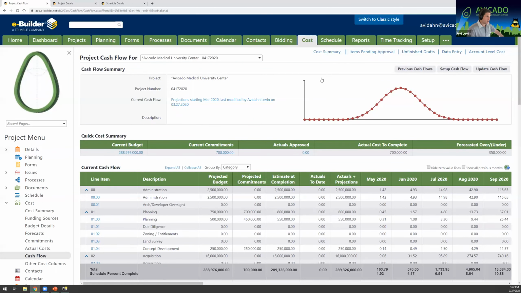You'll notice this, the curve is now changed. If you set a baseline in a previous month, you would see how it shifted on this screen. But I'll show you reports now and how to report this over. So now that we've updated our cash flow,